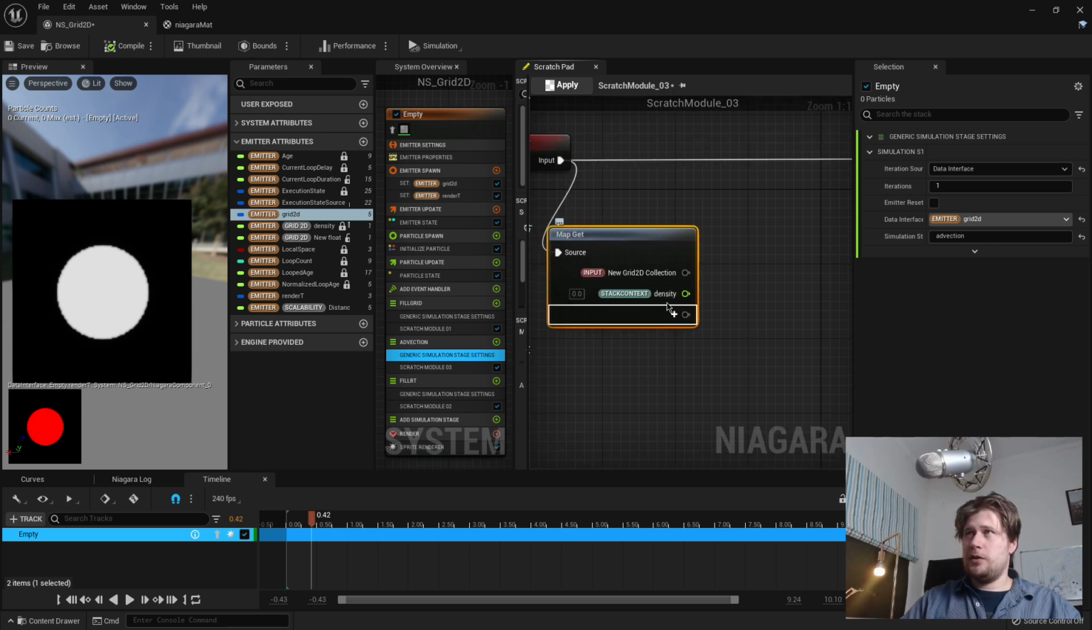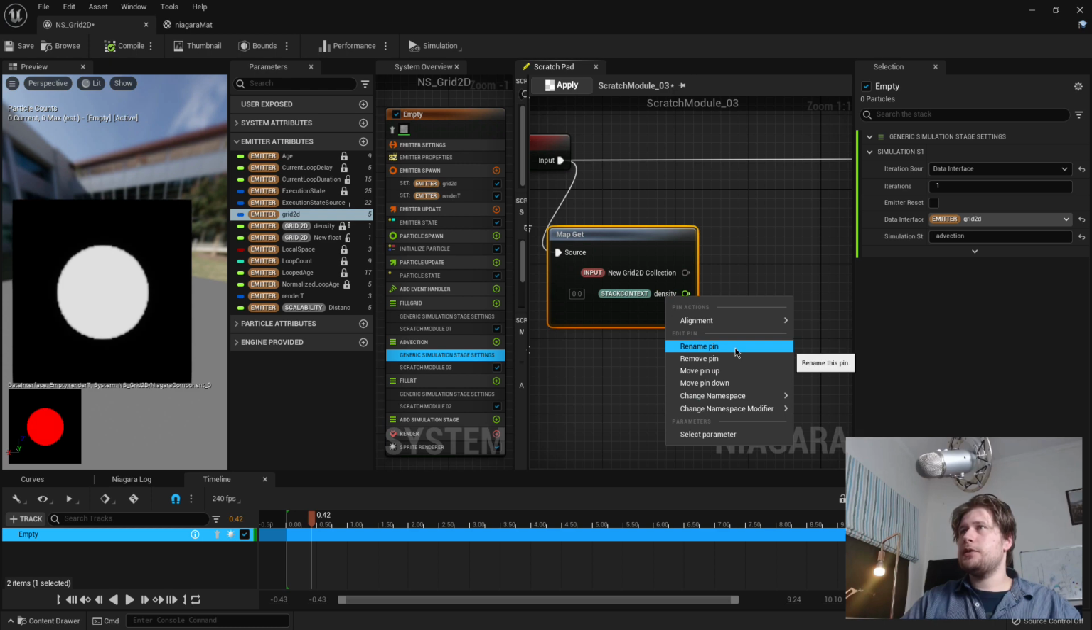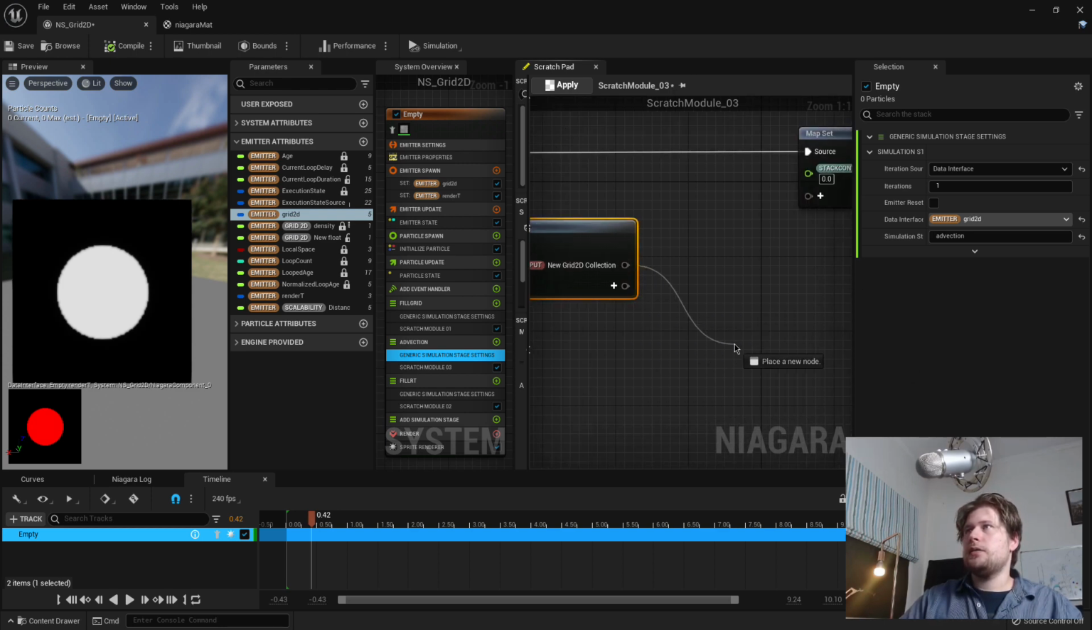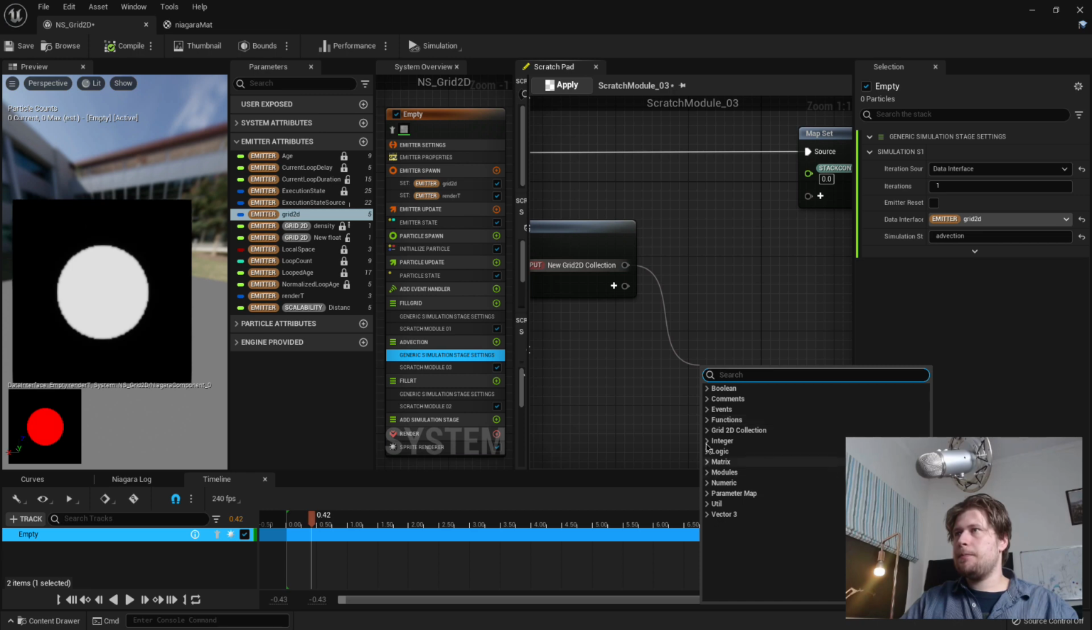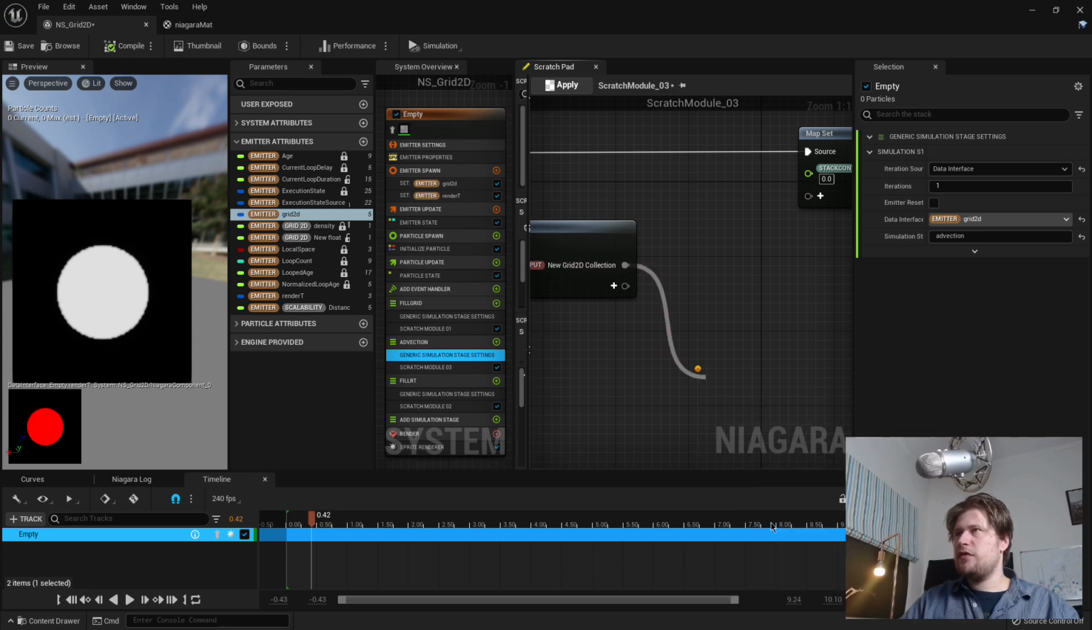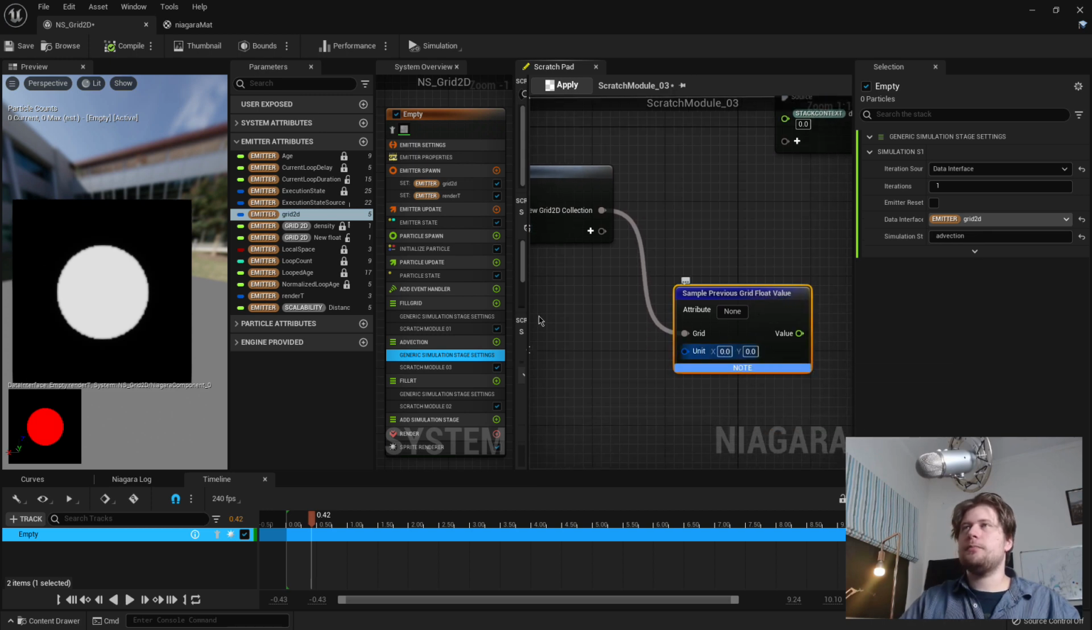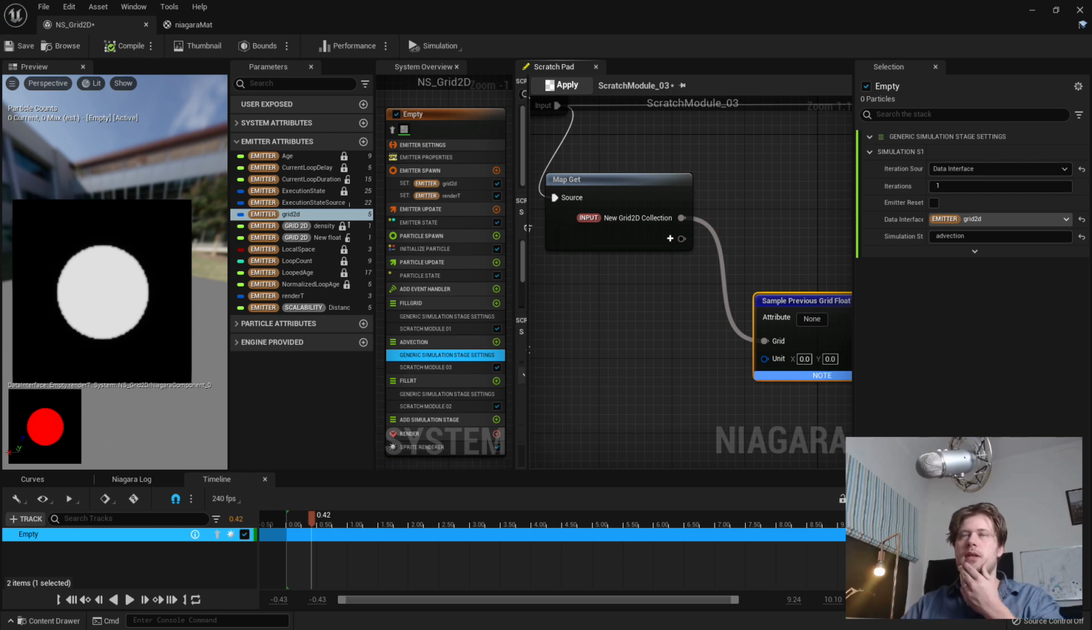Actually, we're not going to be using this. So, sorry I showed you that, but it's good to show you. Remove pin. We're actually going to be getting a value, and let's use the function. We want sample previous grid float value, and we're going to be giving it a position, and the position that we want is some kind of offset. So